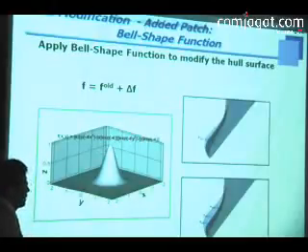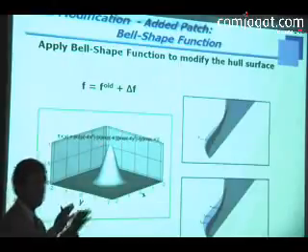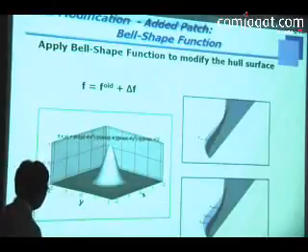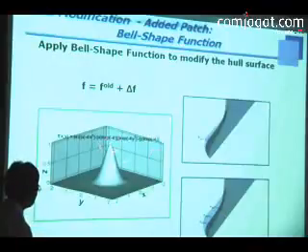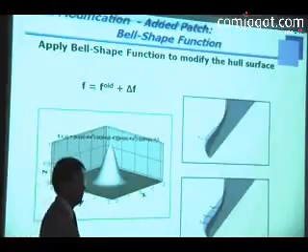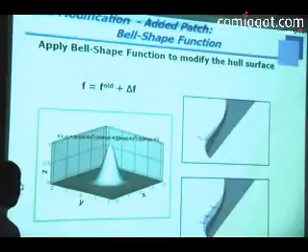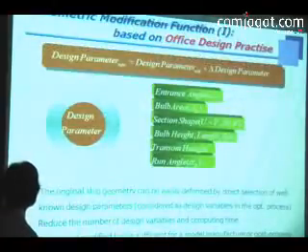We call it a bell shape. This can always guarantee hull fairness. By attaching this kind of bell shape function, or three or many, we can generate any kind of geometry we want. This is the modification function method. Based on this, actually, this design